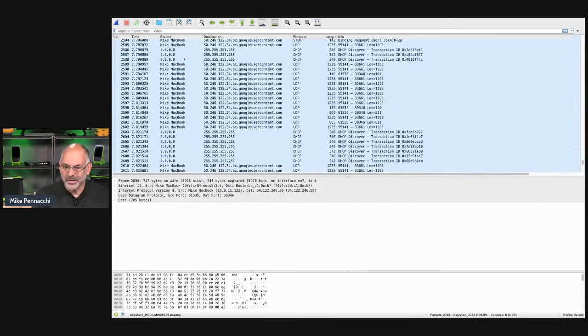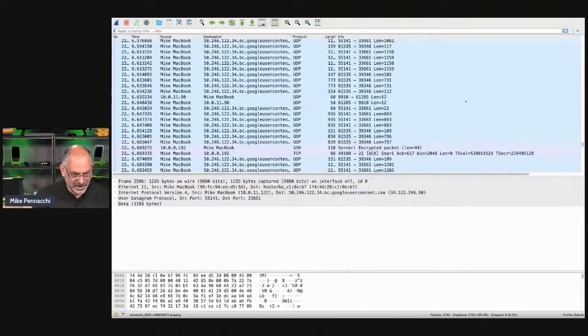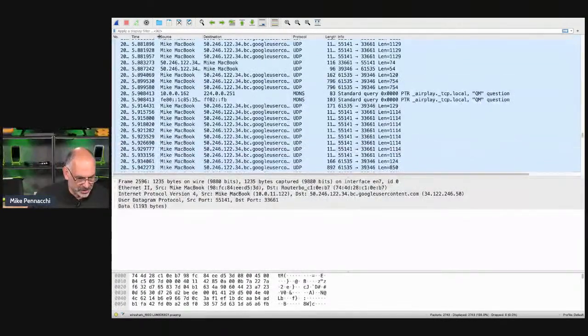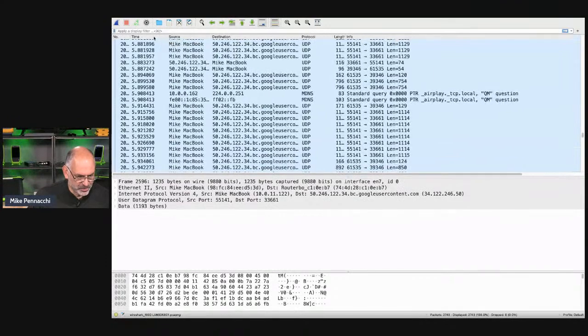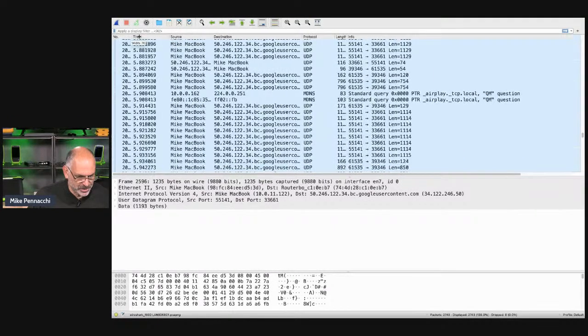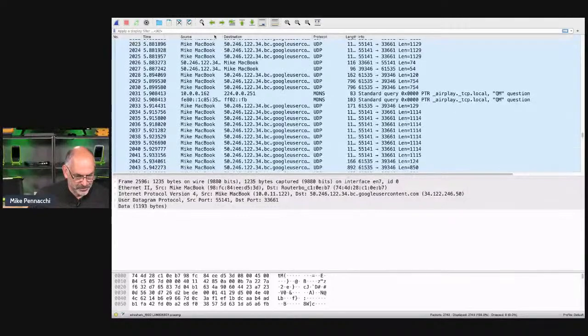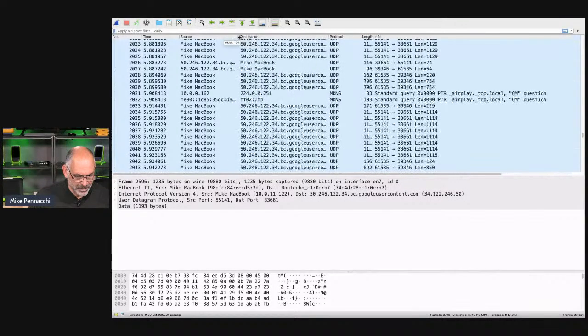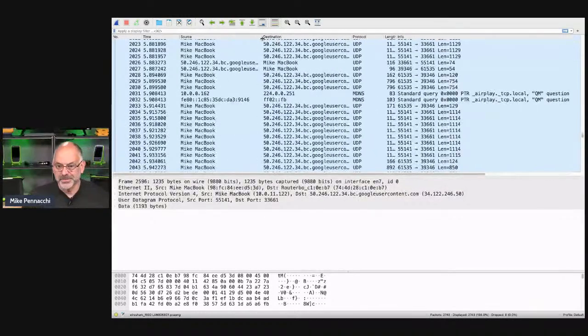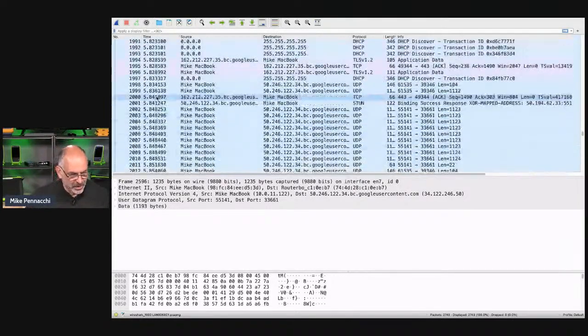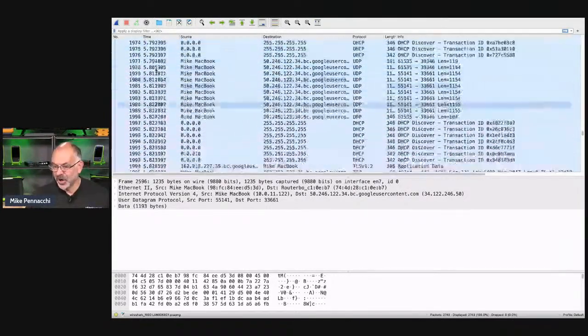I don't want to do it on that screen. I want this screen. I'm going to make the font a little bit bigger here so that you can see it. I want to make sure you can see everything okay. Let's change our column widths. But over here, what we've got is our time column.